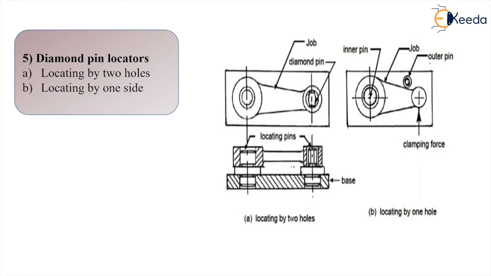And if you use a second cylindrical locator here, this is one pin and this is the other pin, that is the diamond pin. Say this is position A and this is position B. The locator at position B will arrest the 6th degree of freedom. The construction of the round pin and the diamond pin locator is shown in this diagram.